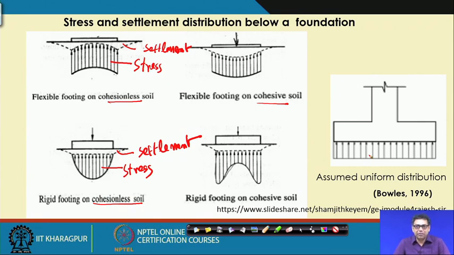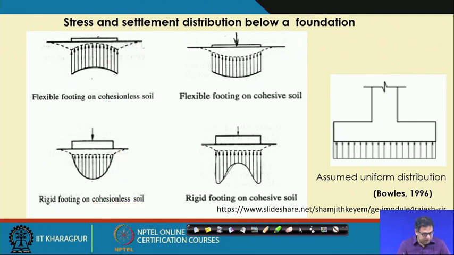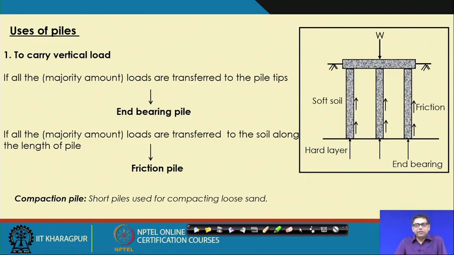Okay, with this I am now going to the next chapter, which is the pile foundation. So, pile foundation is basically a deep foundation. I have discussed the shallow foundation and given the definition of shallow foundation, moderately deep foundation and deep foundation. The deep foundation can be of different types, it can be pile or piers or well foundation, but in this course I will discuss only the pile foundation.